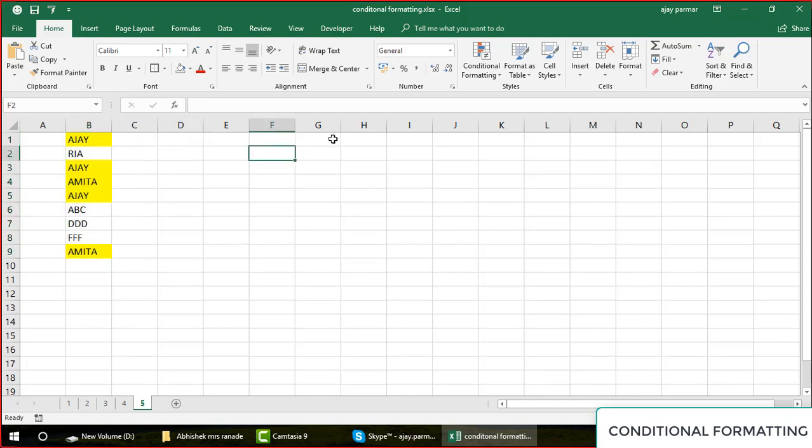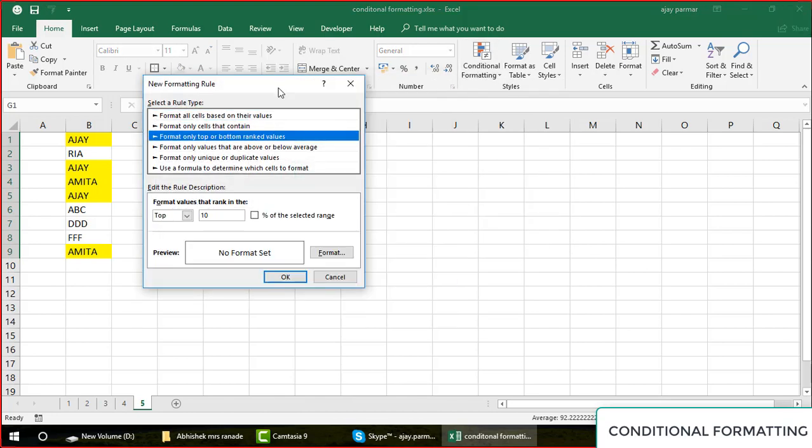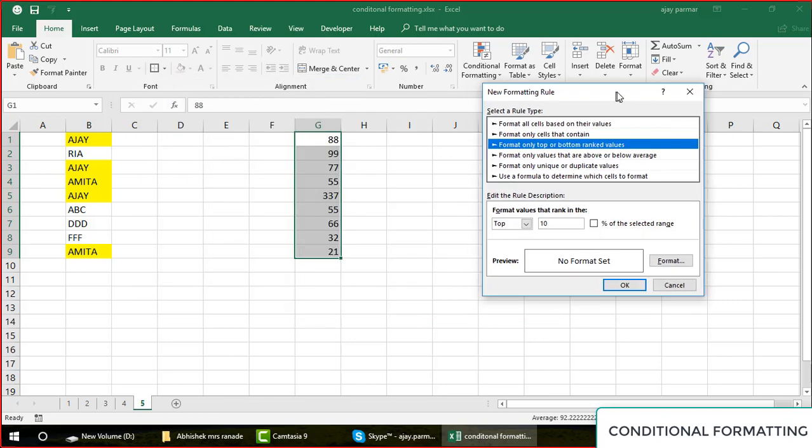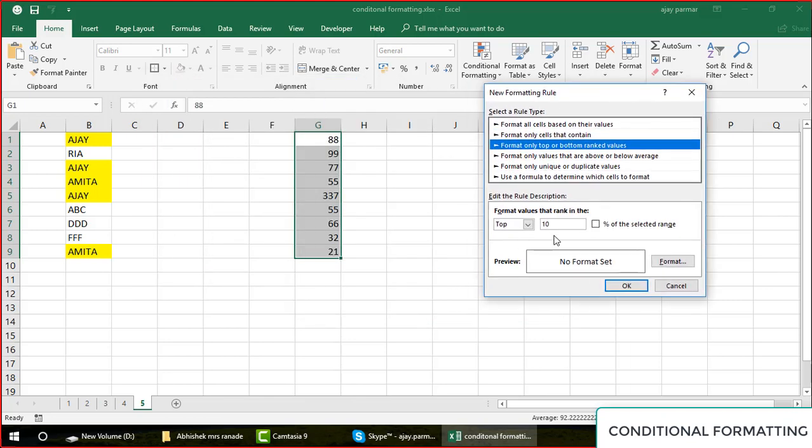Now if you have numbers like 88, 99, 77, 55, 33, 7, 55, 66, 32, 21, let's say. Now I see this option, new rule, format only top or bottom ranked values, right? So you want to format the top 10 values, let's say, or percentage of the selected range.